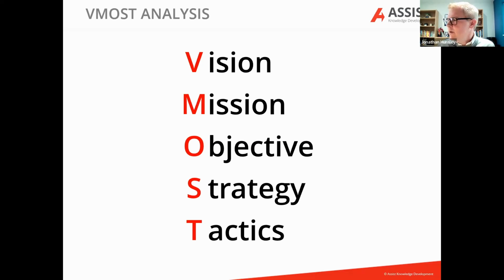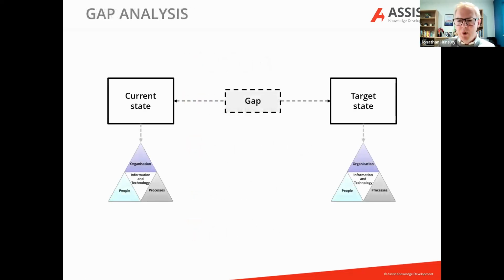Right, the next tool that I wanted to show you is quite a simple one. It's called gap analysis. This is the difference between the current state and the target state, and is, for me, the foundation of all strategy and all change. On this particular version of gap analysis, I've aligned the current and target state to that POP-IT model that I mentioned to you earlier. So we can look at the dimensions of people, organization, process, and IT, and ask the question, well, what do they look like in the current state? And then we can use that same model to enable a gap analysis for what those dimensions might look like